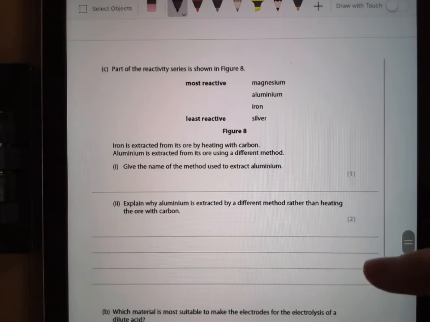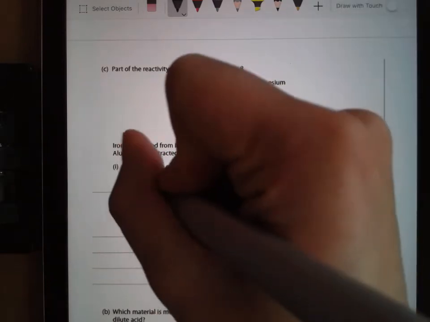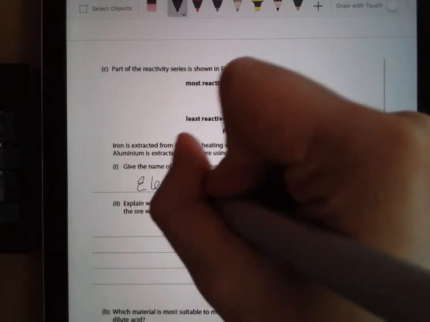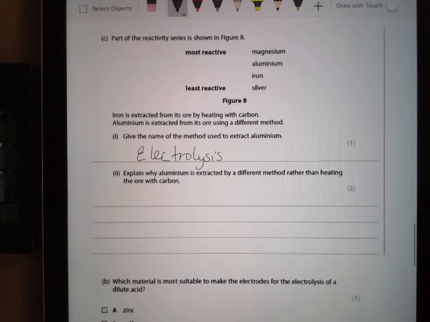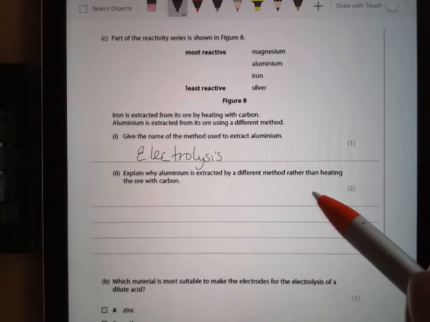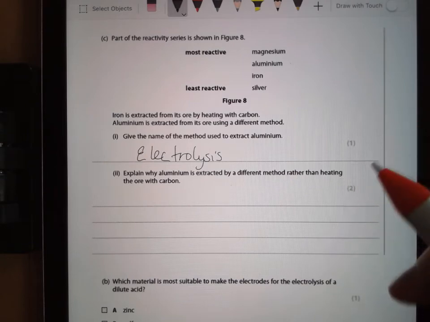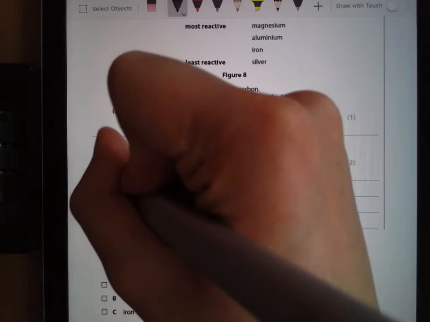Give the name of the method used to extract aluminium. You need to know that aluminium is more reactive than carbon. Use your reactivity series. Because it's more reactive, you're going to use electrolysis. And it tells you down here, why is aluminium extracted by a different method instead of heating it with carbon? So they're telling you you're not using carbon, and you're going to say aluminium